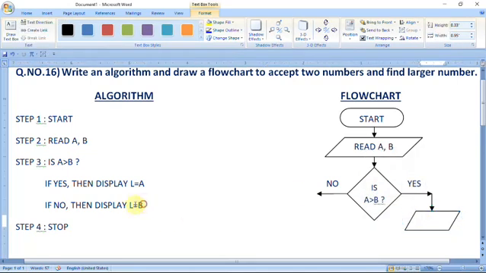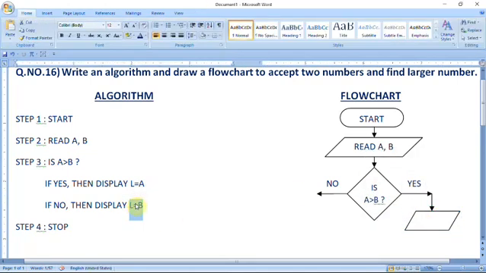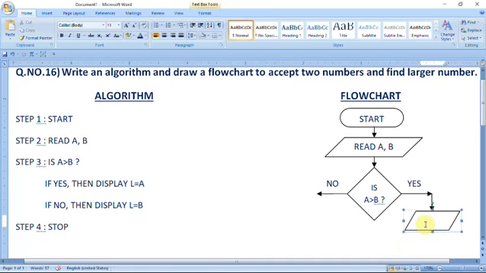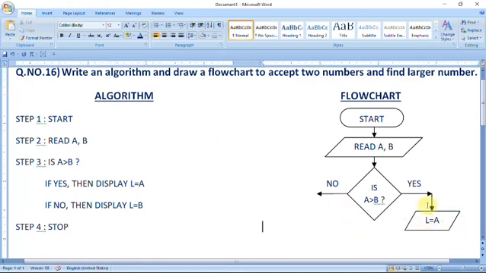Here you can see display. Simply you can write display, or simply you can write L equal to A, because if this condition is true, it will be displayed. If this condition is false, then what happens?